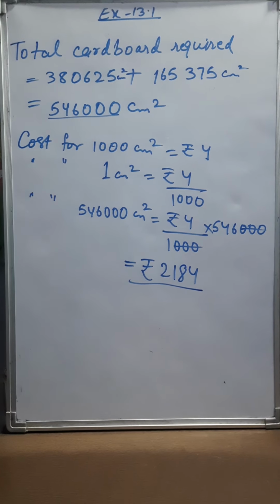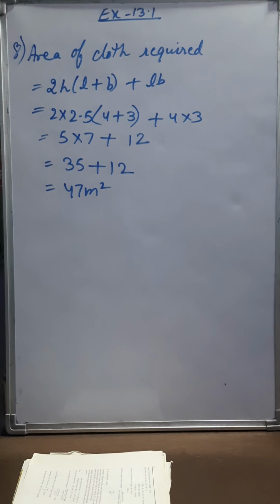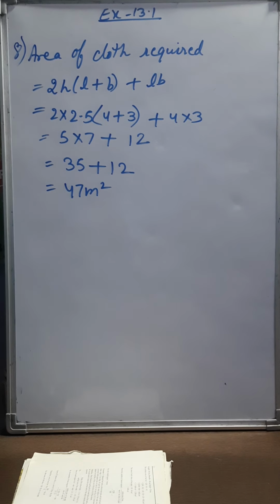Now let us move to question number 8. Question number 8 says Praveen wanted to make a temporary shelter for her car by making a box-like structure with tarpaulin that covers all the four sides and top of the car with the front face as a flap, which can be rolled up. Assuming that stitching margins are very small and therefore negligible, how much tarpaulin will be required to make the shelter of height 2.5 meter with the base dimension 4 into 3?